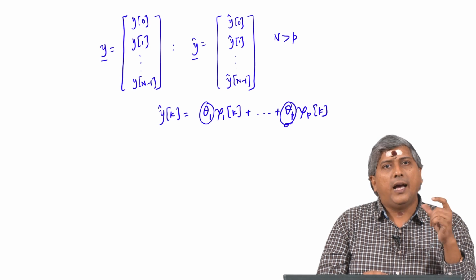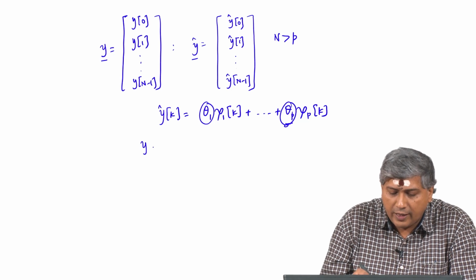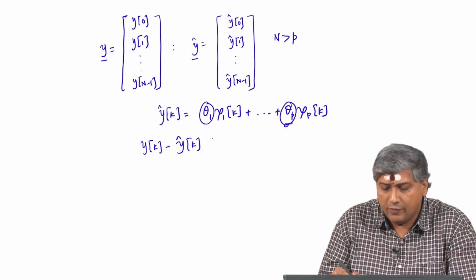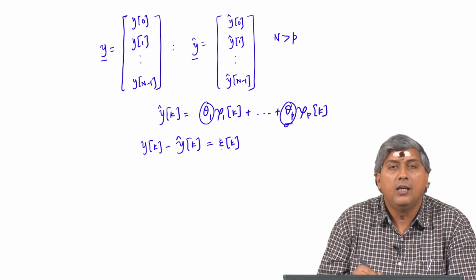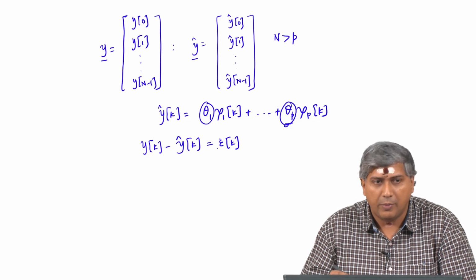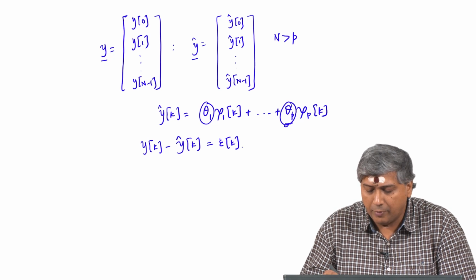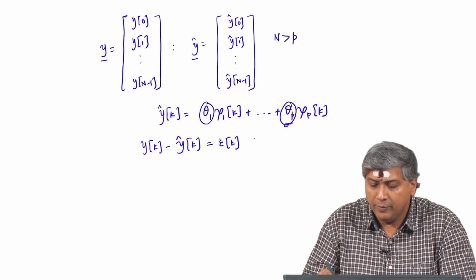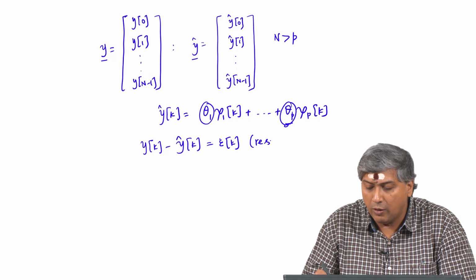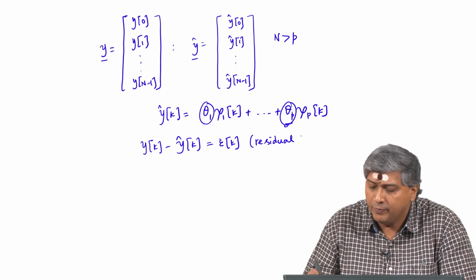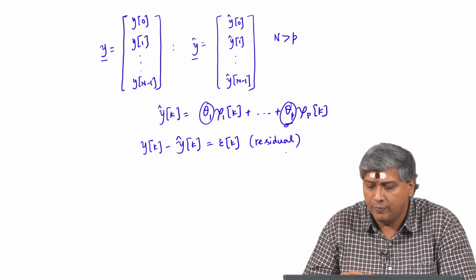In other words, I can drive this error at each observation to be, ideally, 0. So, let us define this as a residual. Anyway, we will introduce this terminology a bit later. We are looking a bit ahead into the lecture now, that is okay. So, this we call a residual or the prediction error also. There is a subtle difference between these two, we will not worry about that difference for now.